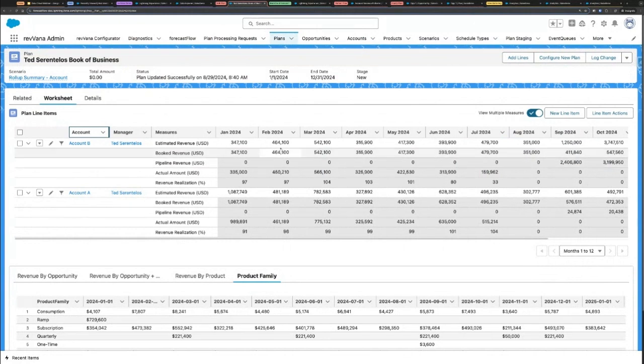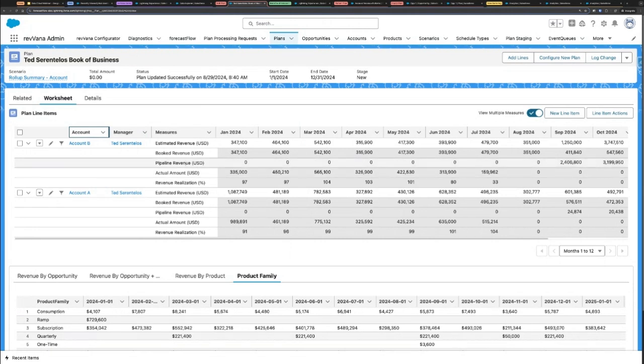What you are looking at is, for a particular sales individual, all their accounts listed on a screen. If you focus on the measures that you see, you see the actual amount. This is the summarized version of the data that was loaded in Data Cloud, available here by account.